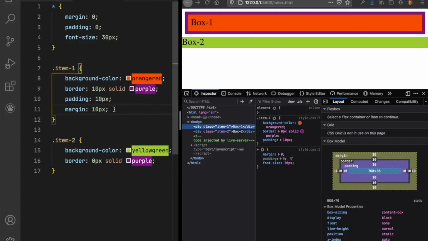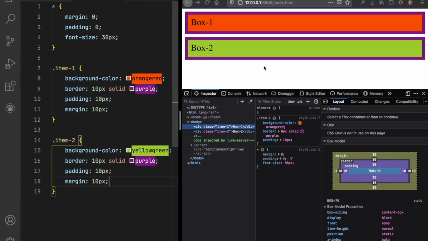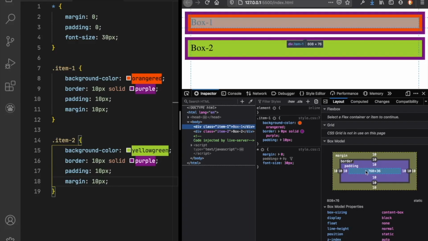Next, margin. What is margin? Margin clears an area outside the boxes. In this case, the margin is 10 pixels around the box. So this is called margin. Now let's add the same properties to item 2. So these two both have the same margin of 10 pixels, padding of 10 pixels, and each